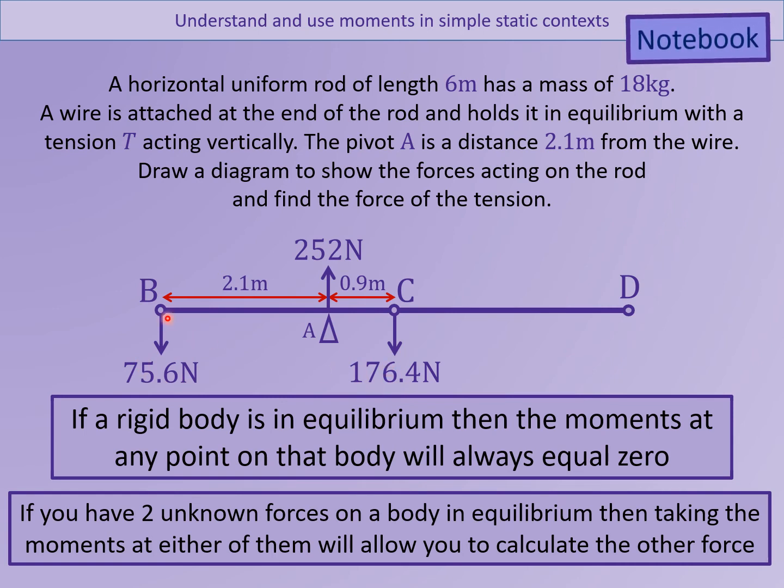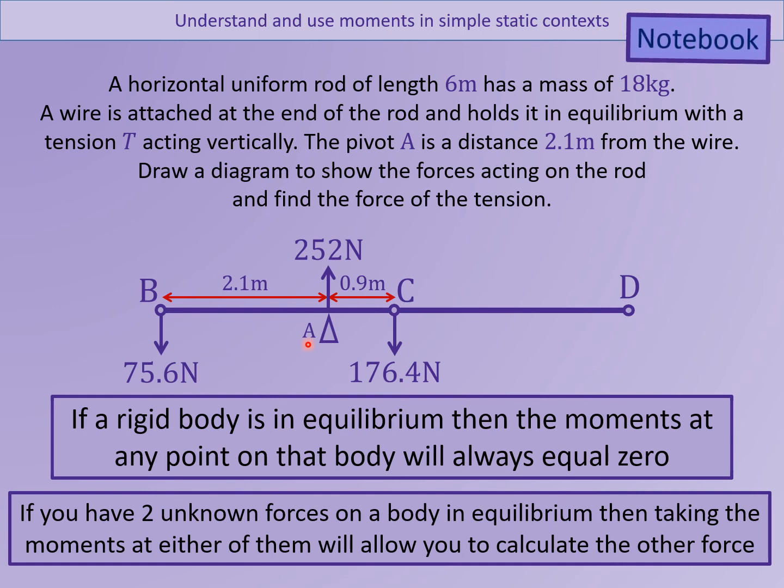Then, of course, once I've done that, I can take another moment anywhere I like, do it there, and I can ignore the Y value and calculate the X. So having two unknowns is not going to cause you any problems in this situation because you can choose where to take the moment. But of course, you could also take any 2 points and have simultaneous equations. That would work just as well. So either choosing the cancelling out one or just choosing any 2 points and having simultaneous equations, both methods would work